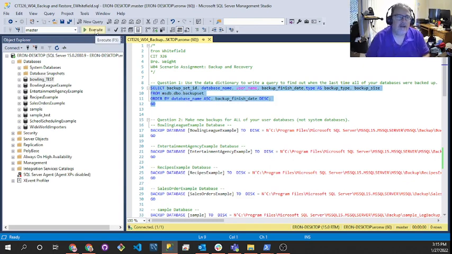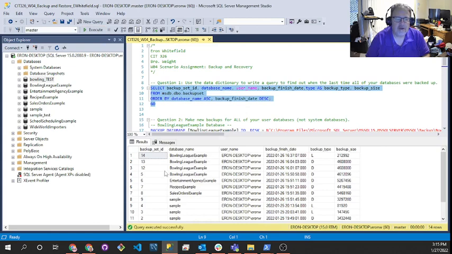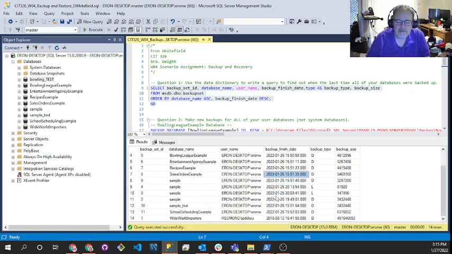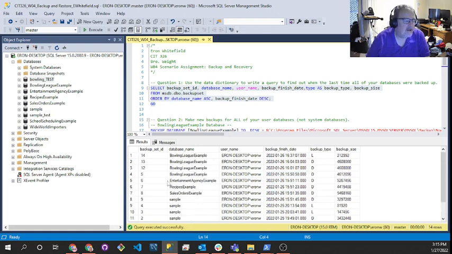So when we go ahead and we run this, we can see that these were the databases that were last backed up and when they were backed up. So we can see the bowling league, the last time it was backed up was yesterday. We can see that entertainment was also yesterday, recipes yesterday. So we can see that all of these were done yesterday, and that the backup types, if we reference the